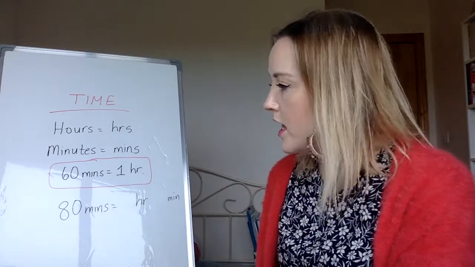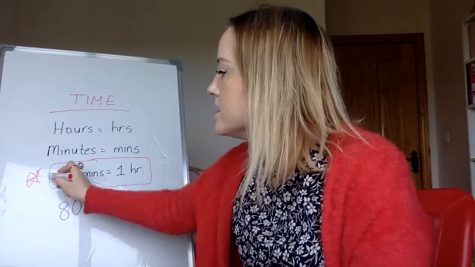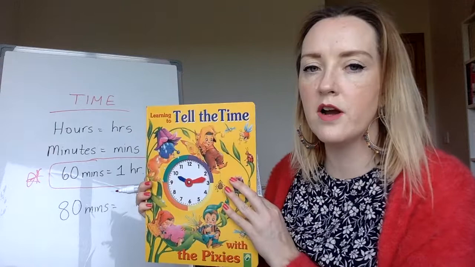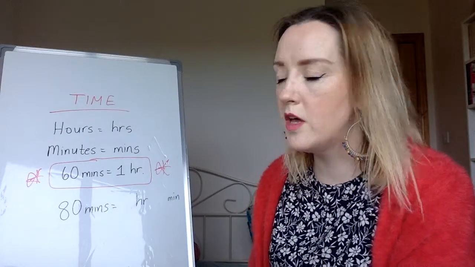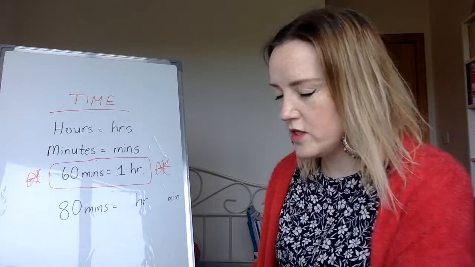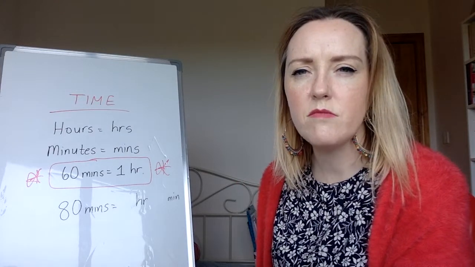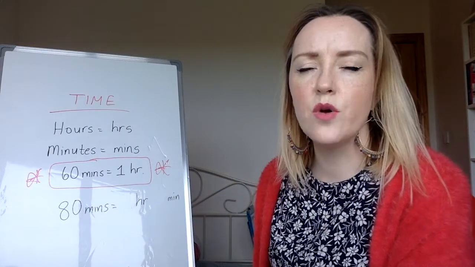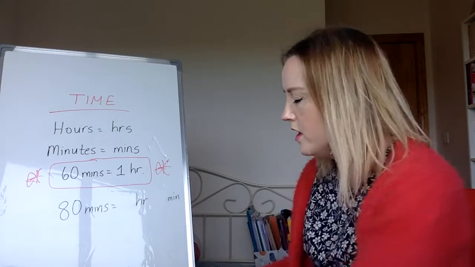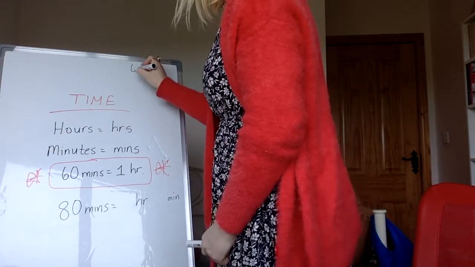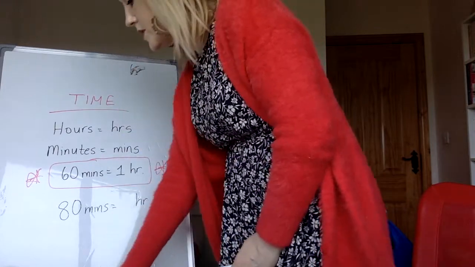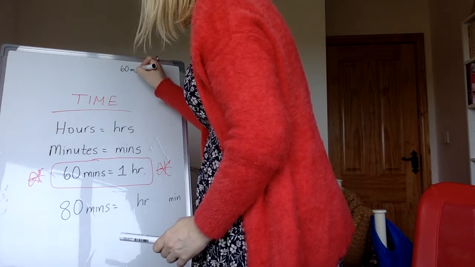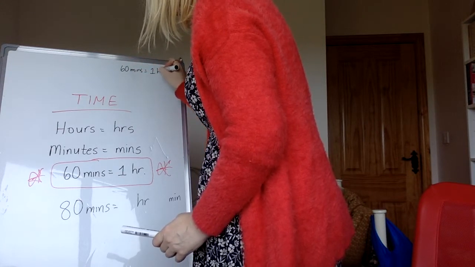So our golden rule is always that 60 minutes is equal to 1 hour. Always, always, always. 60 minutes, we saw it on our clock, is always equal to 1 hour. So here I have 80 minutes. How many hours are in 80 minutes? How do I make that out? Okay, 60 is 1 hour. So if 60 is 1 hour, I can do it up here. I better use my units of measurement. So if I say 60 mins is equal to 1 hour,